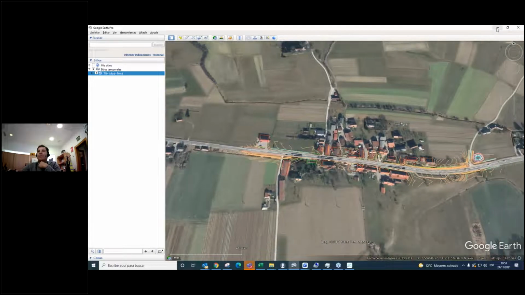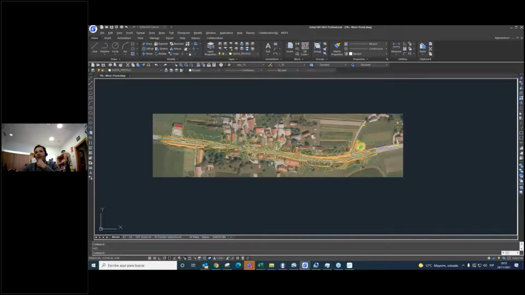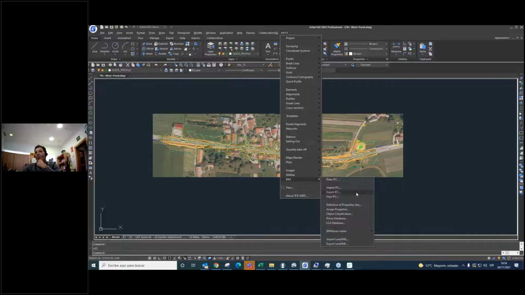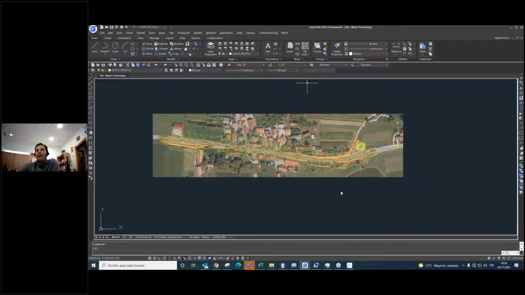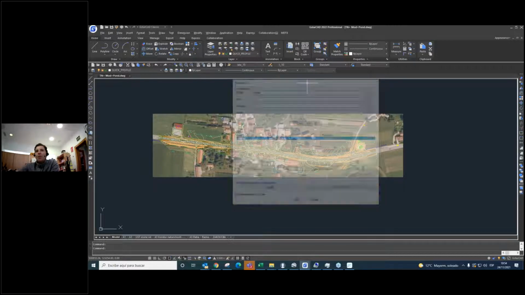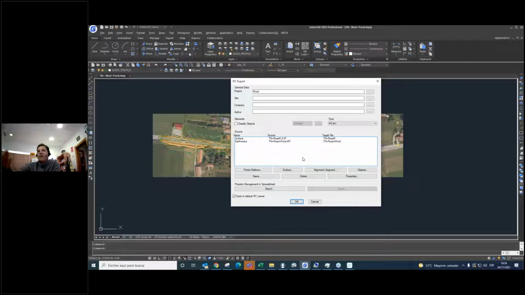Okay, we can even export all entities in a BIM project. For example, MDT, BIM, export IFC format, and right now we can export the current surface or even the empty one, where all the entities of this surface are.